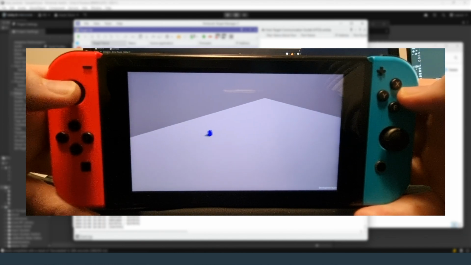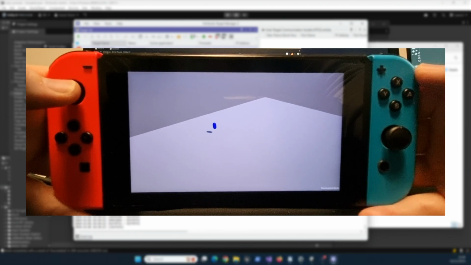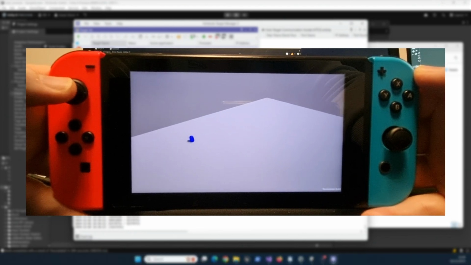So I can move the character around, jump by pressing the A button, move with the left analog stick,